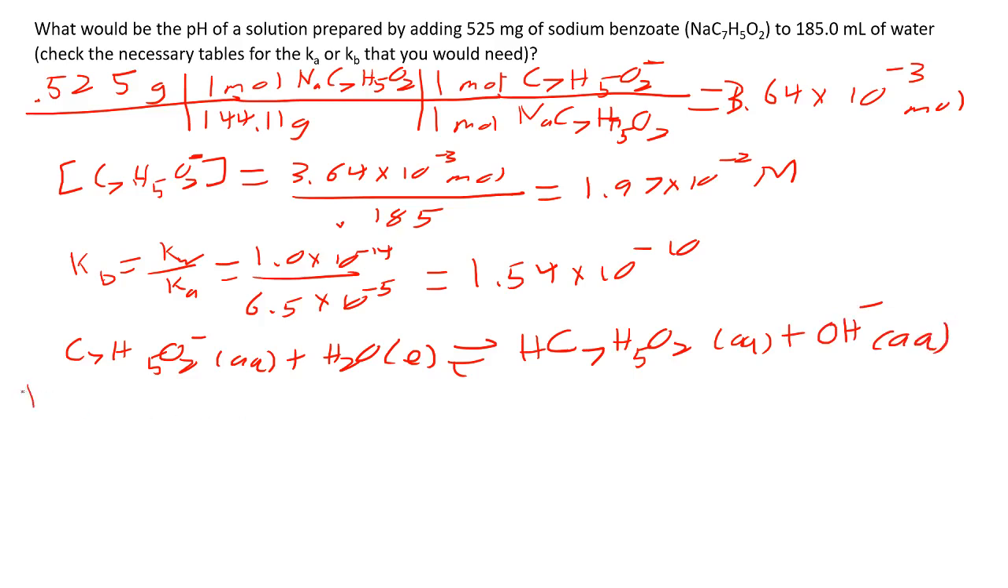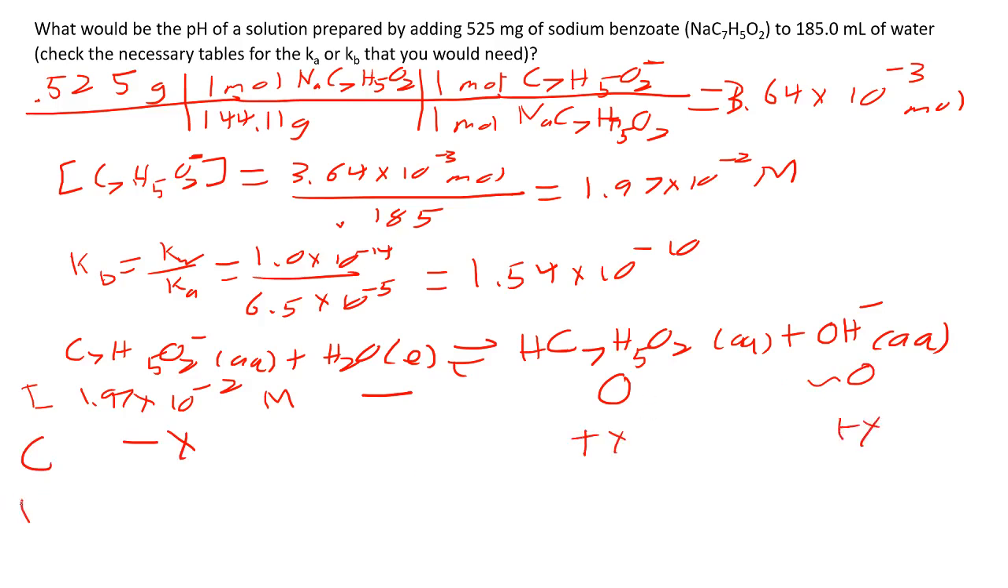So now we have our initial is 1.97 times 10 to the minus 2 molar. We have not worried about the water. We have none of this and approximately none of this. For our change, we have to lose this because we don't have any of some of the products. We're going to gain these. We're then going to, at equilibrium, have 1.97 times 10 to the minus 2 minus x,